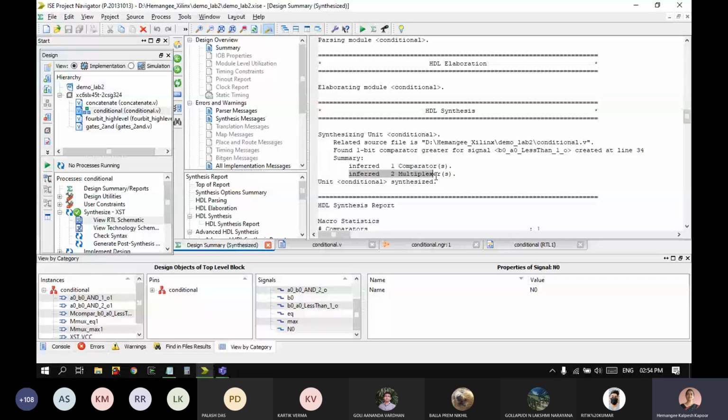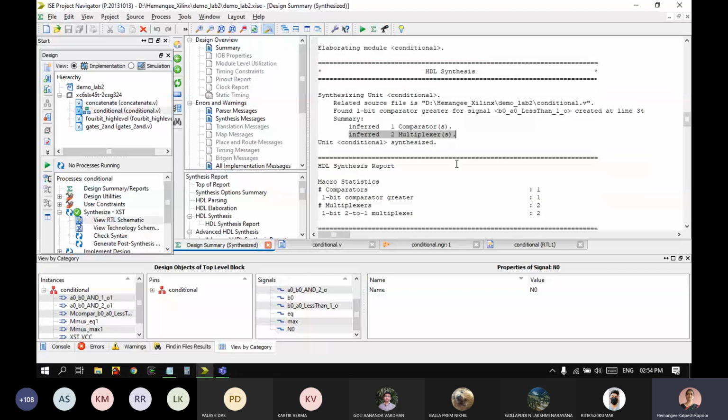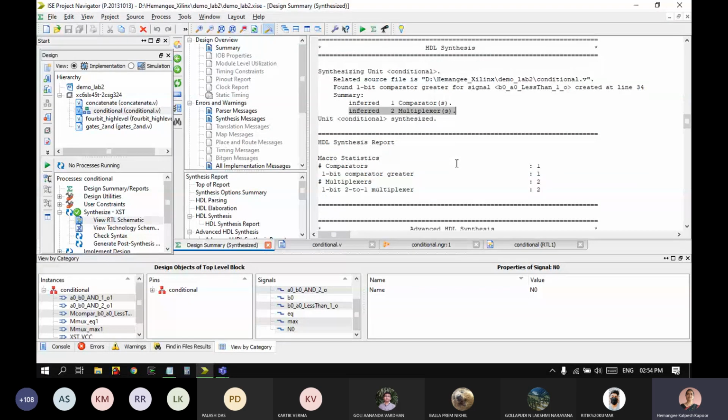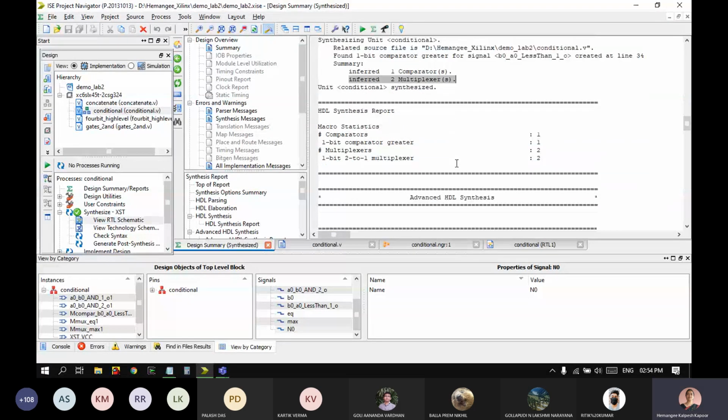Then more statistics: the comparator is a 1-bit comparator which checks for greater than, and it has used 2:1 multiplexers, with quantity 2. So it has two 2:1 multiplexers. And more advanced features are written here. If there is a clock, then it will write about the clock. This is in the FPGA part, how many LUTs it has used.